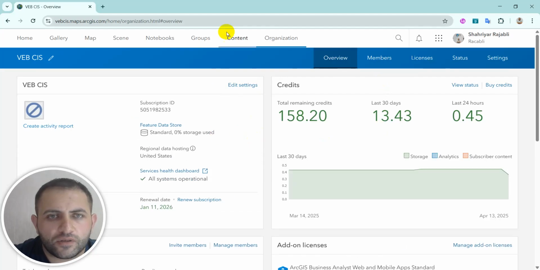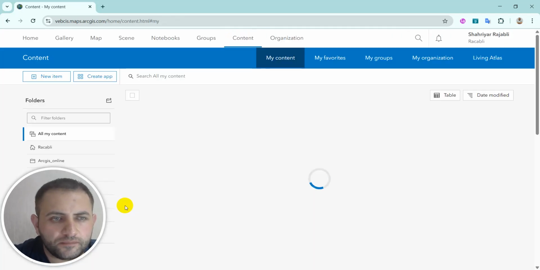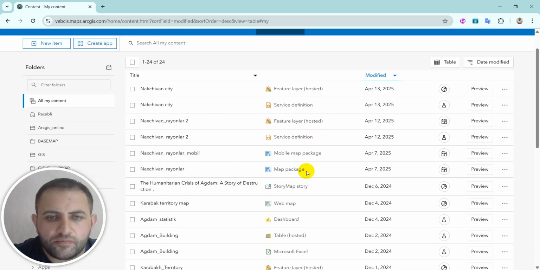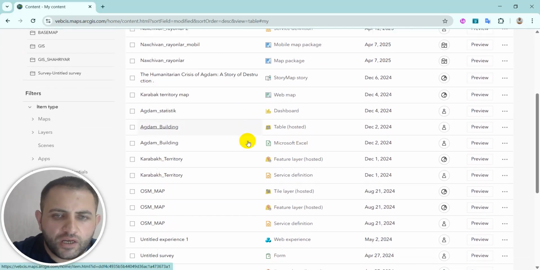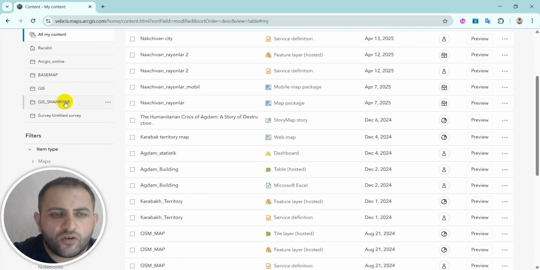Okay, now I'm in ArcGIS Online, my account. I come to the content section. There are all of my published map services, mobile packages, and other things in my account. That's why I choose my folders. I create folders